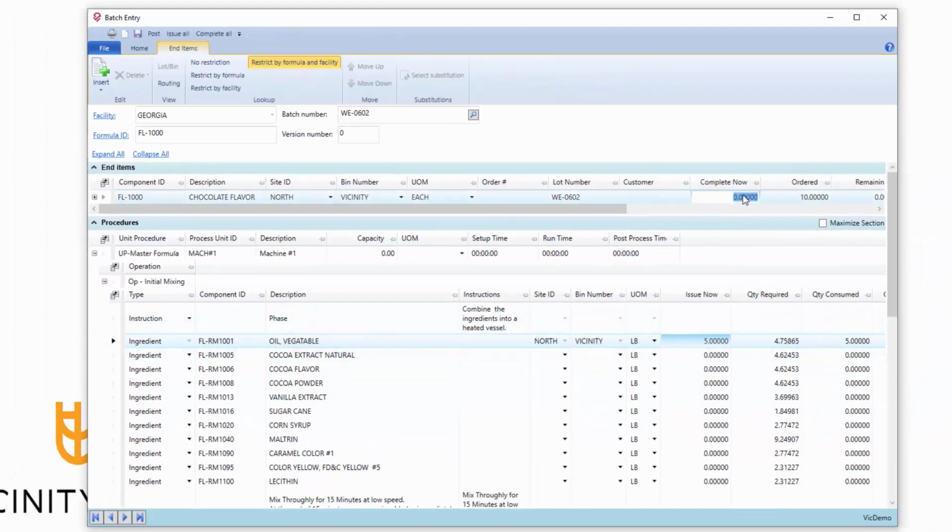Then when I put something on hand, it gives me a lot number. This can default from the batch number. Some people like their end items to have the same lot number as their batch number. Other people have different naming or numbering conventions. We also support that with auto numbering based on the type of batch being created. But in this case, all that really happened is we consumed 5 purchased raw materials and put it into 10